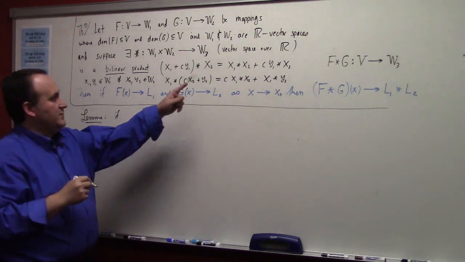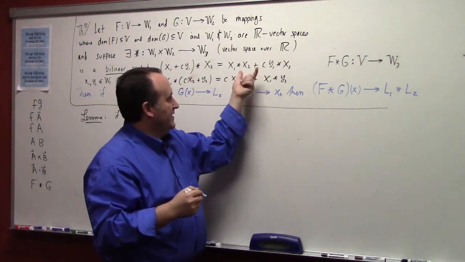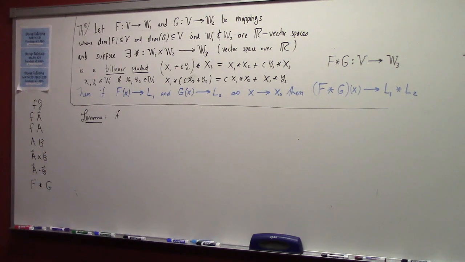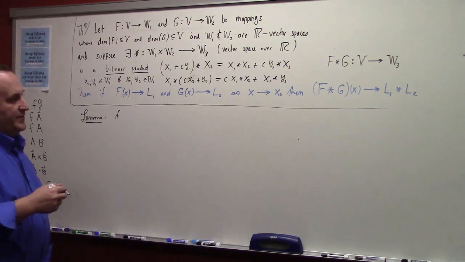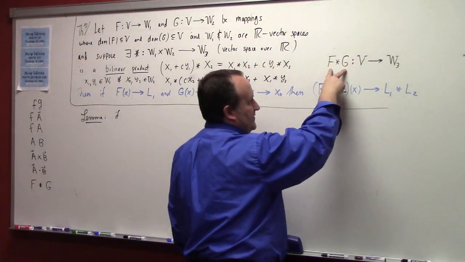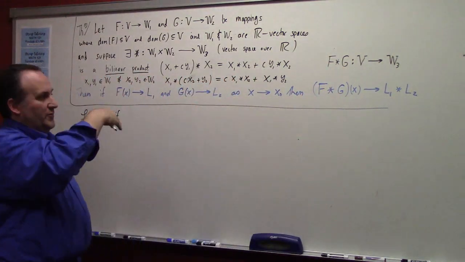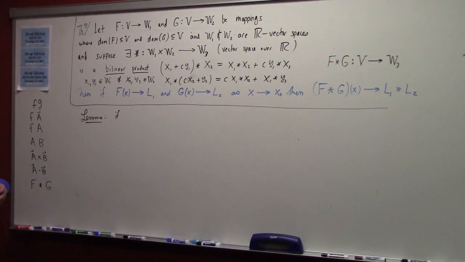Notice I always put 2's on these guys just as my notational, like. I'm thinking because we're multiplying, we're applying the product to the function. Right. So, but I'm defining this to be the function defined pointwise by this rule. Okay. And so its output is,